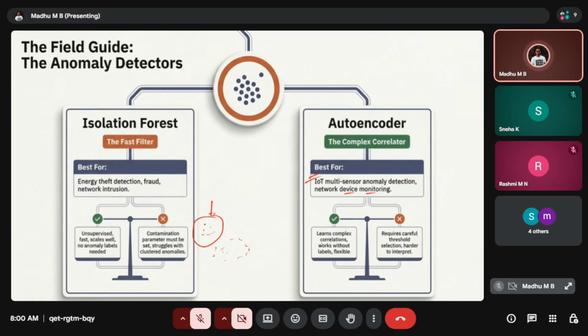The good part, the advantage, is that it learns complex correlations. If you see this point, it learns complex correlations. That means if we have multiple IoT devices,